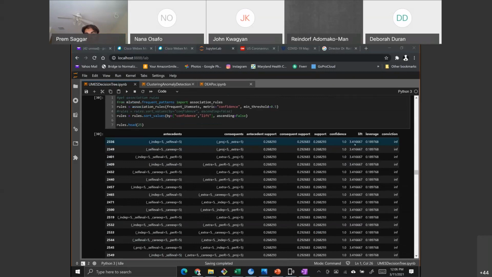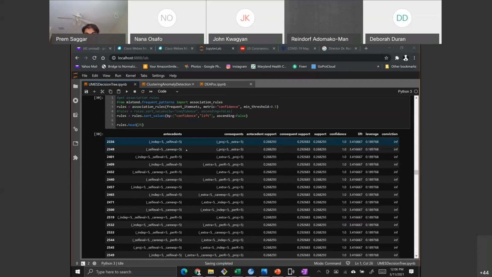Now, some things are more causal than others. Causality here is defined by the lift score, okay? So when the lift is higher, we can get more into this, but basically there's a way to say that when these two things are together, they're more likely, right? So if the support levels are higher, then we can say that they're more likely to be causal.